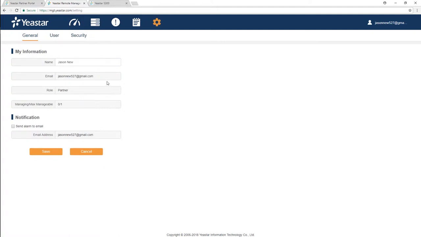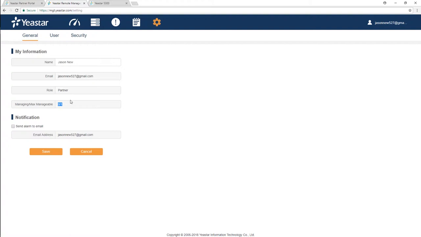So we are the partner, right? We're accessing the system by partner portal, so here, our identity is the partner. And the point here is, by system default, we will have one device. We will have the authority to manage one device. This is going to be remote management. So we can remotely manage one device. You can have one S20, S50, or S300, whatever you want, but you can have one device to do this